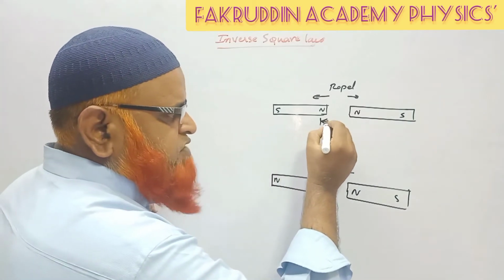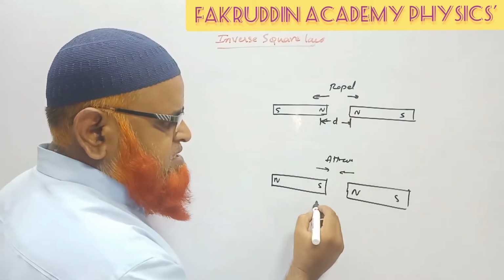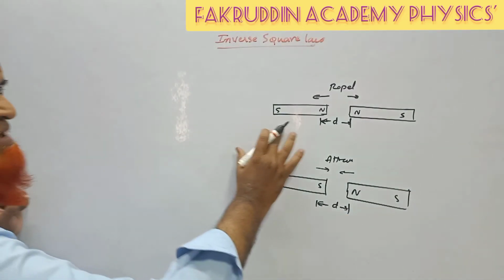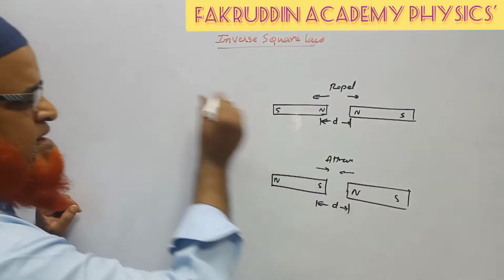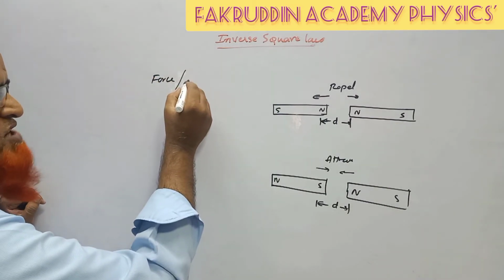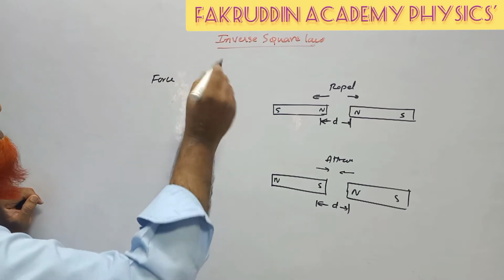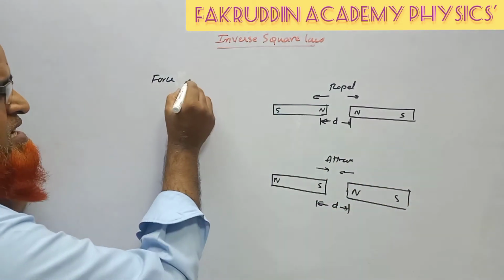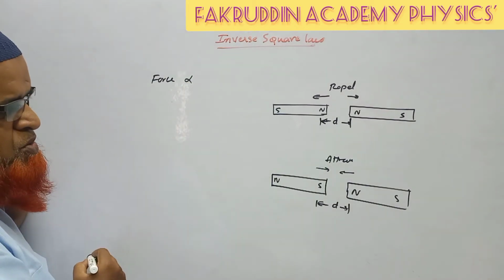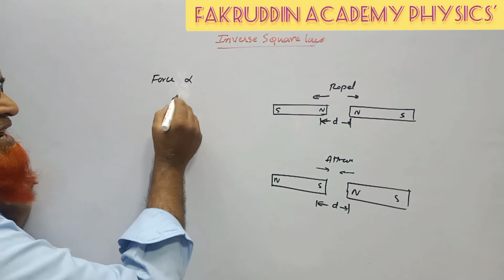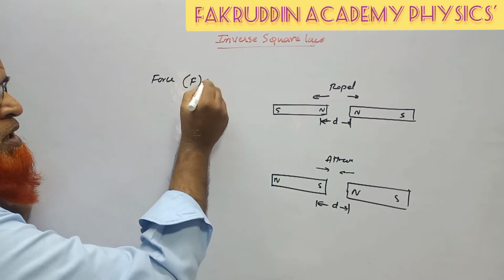Now, if the distance between the two poles is taken as d, then either the force of attraction or the force of repulsion is directly proportional to